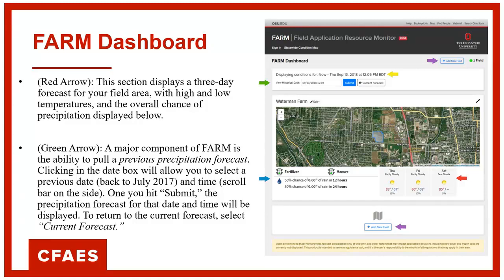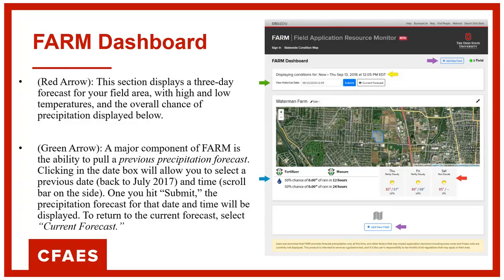One of the things that motivated us to create it the way we did was that we wanted people to be able to go back in time and access forecasts from the past.